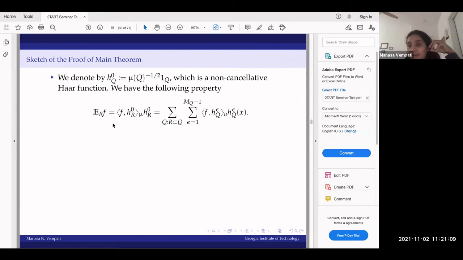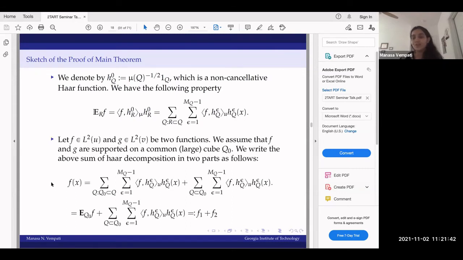The property of this non-cancellative Haar function is that if you take the inner product of the function with it, you end up getting the average on the cube for which you take this non-cancellative Haar function. It also has the property that if you sum all the Haar coefficients of cubes that contain this cube R, you end up getting this inner product, or the average. Now using this non-cancellative Haar function, we start the proof by looking at